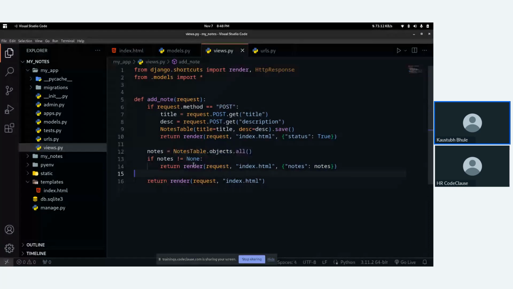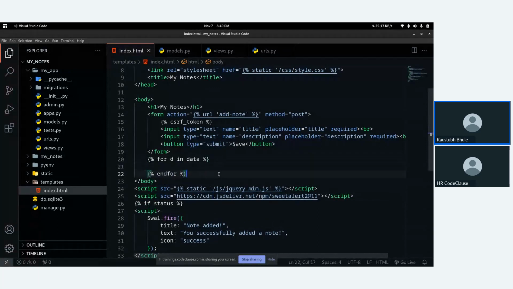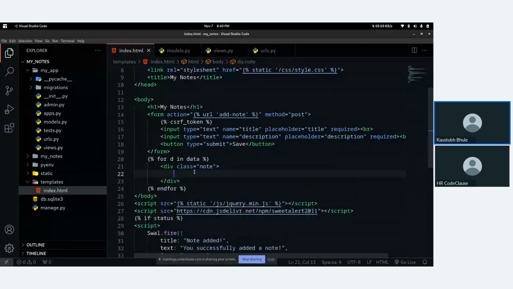So I will write the syntax for the for, and end for here. After that, let's create a simple structure. Let's create a div with class note, and inside note, let's create a label, or you can use a span tag too. Here I will just write title colon.